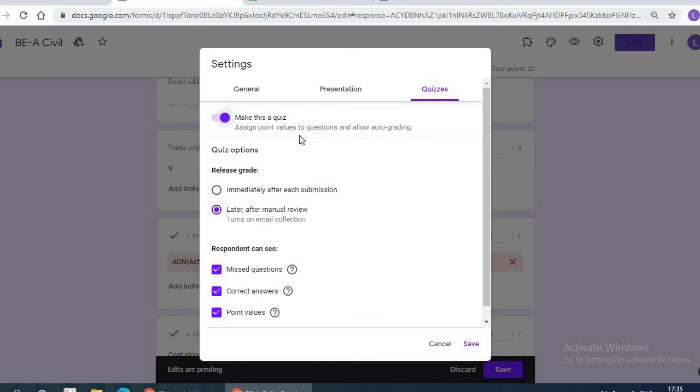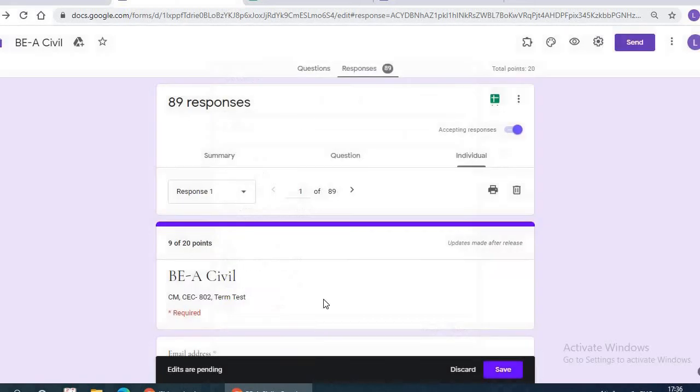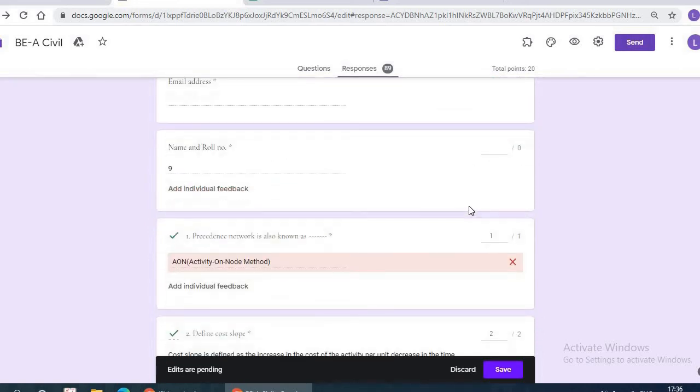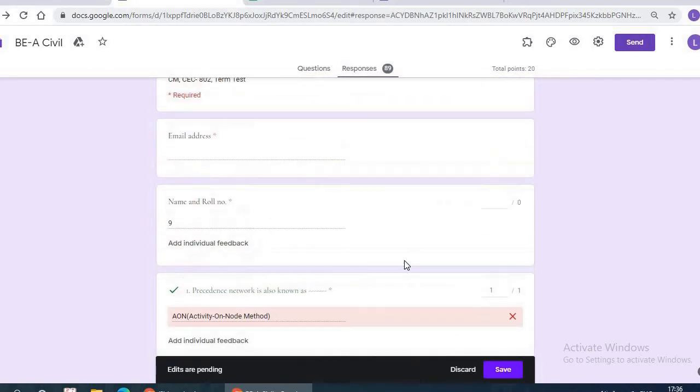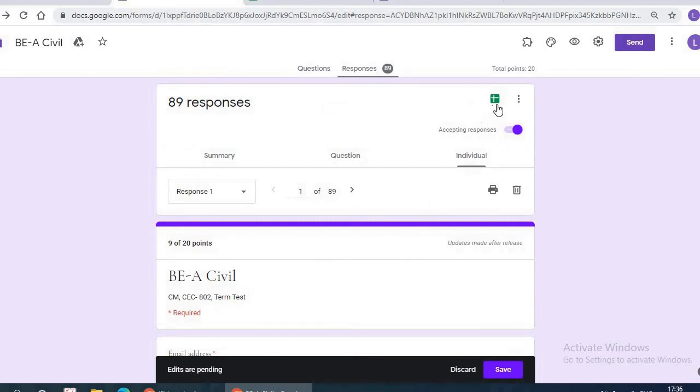The difference is only if it's a quiz, you can assign marks, assign points to it. So if you are conducting a test, definitely you have to make it into a quiz format. Okay, that's all. Now we will see other features.